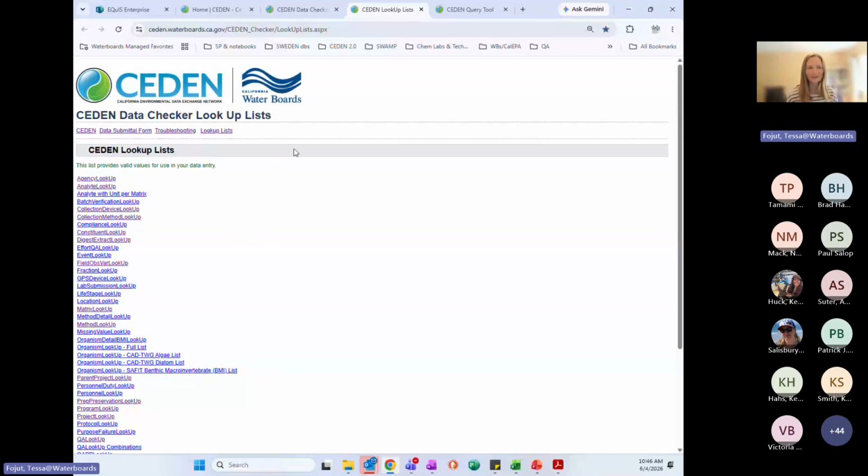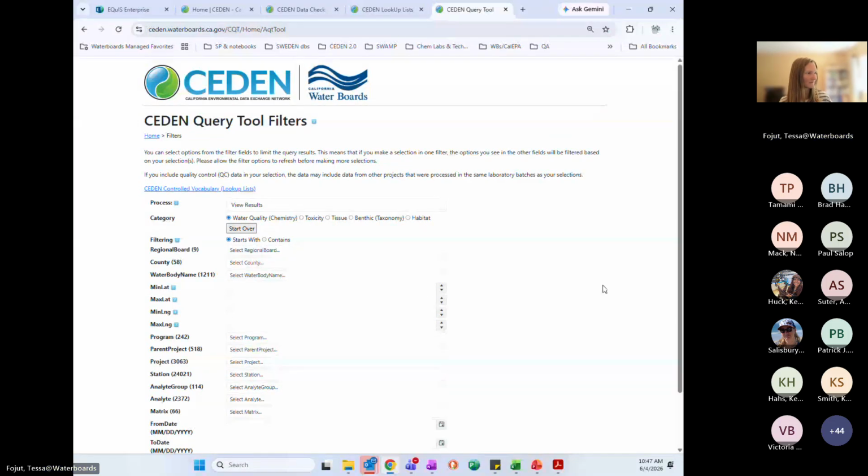It's because it was CEDEN.org and it was an external website that we were paying for. It's actually a little more difficult. We don't have total control over it, but I've definitely heard lots of people still going to the old site. So I just want to point you to the new ones. And then the query tool also has that new URL. So that one you should be able to find. There's no old page to confuse you.